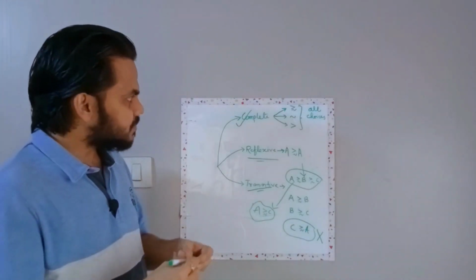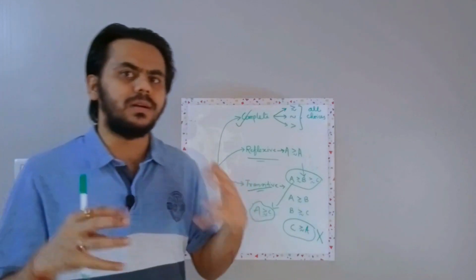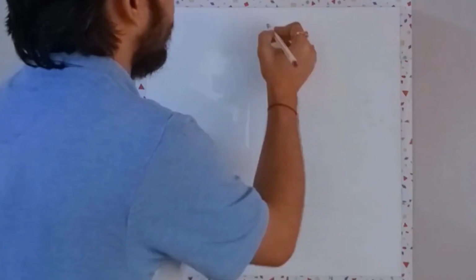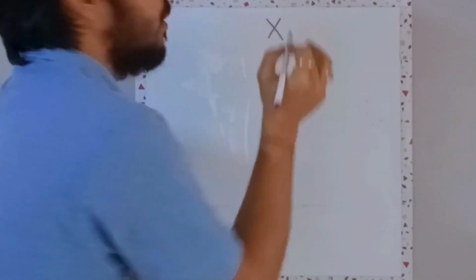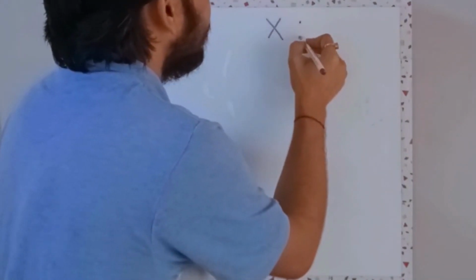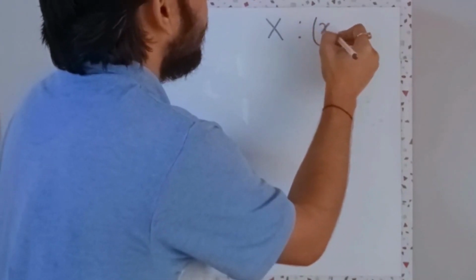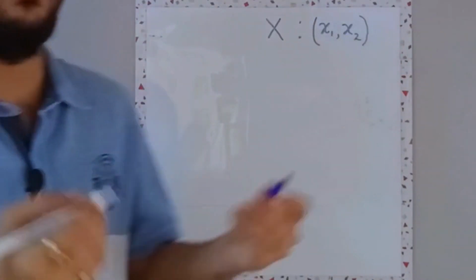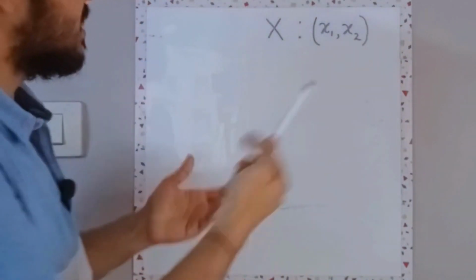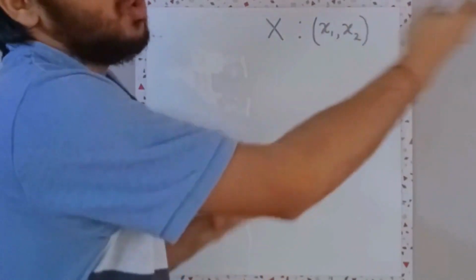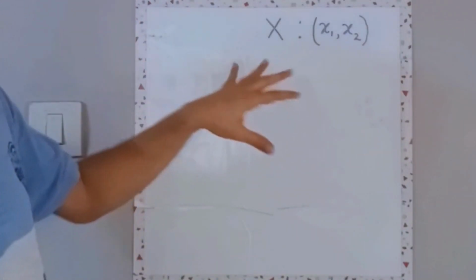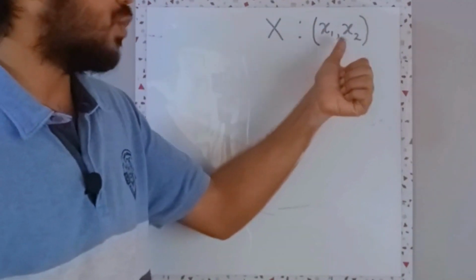Now let's try to understand these things a bit more graphically and mathematically. As we are considering two-good consumption bundles, let's denote that. Let's say X is your consumption bundle, right? So X is essentially a combination of two goods, X1 and X2. Now if you had, let's say, 3-4 goods in the consumption bundle, I would have said that X is X1, X2 and so on, right? So if you have n goods, X1, X2 till Xn. For our case, we just have two goods. So X means the X1, X2 pair.